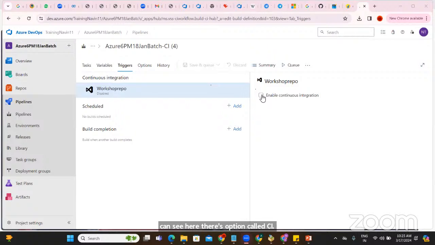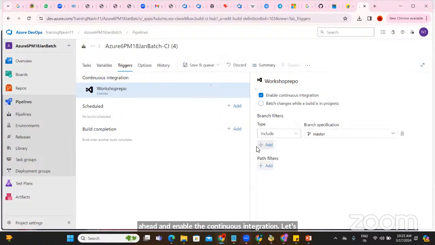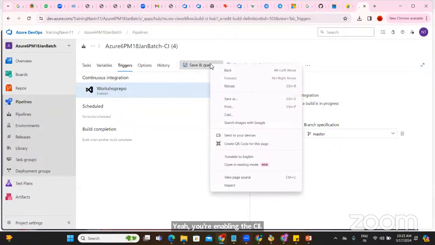That means, hey dear friend, please go ahead and enable continuous integration. If you click on this, you are enabling the CI. Let's go back and save it.